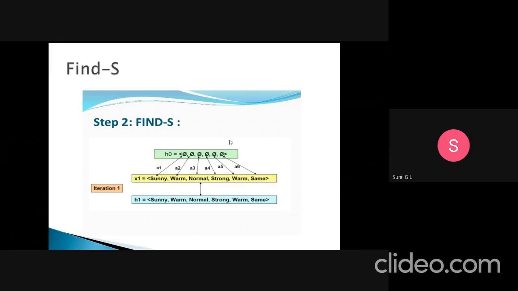In this first data set, H naught is the initial hypothesis. This initial hypothesis will be compared with the first instance x1. These are the values of the first instance x1. When you compare with the specific hypothesis, in the first step we will copy all the first instance values